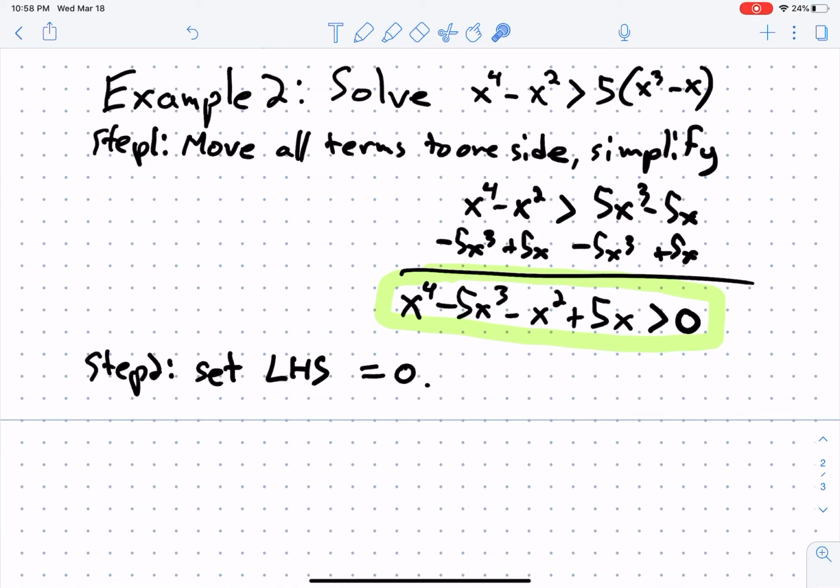We just need to make sure when we set it equal to 0 and solve, we're going to find numbers for x that when we plug them in here, they make this whole thing equal 0. And since this is only asking for numbers where it's greater than 0, we're not going to include those numbers in our answer. That's going to correspond somehow to having round parentheses instead of square ones. Okay, so let's set the left-hand side equal to 0. That is x to the 4th minus 5x cubed minus x squared plus 5x equals 0. Now,